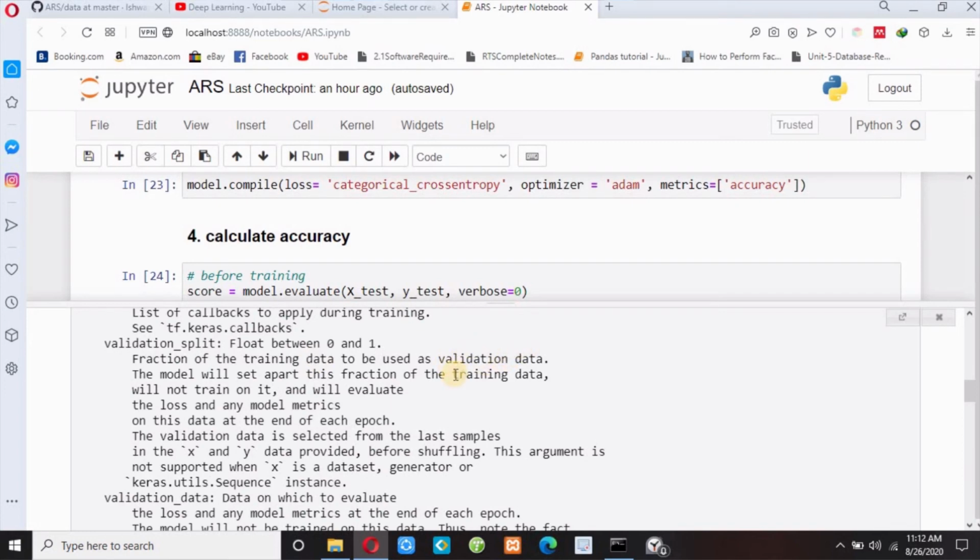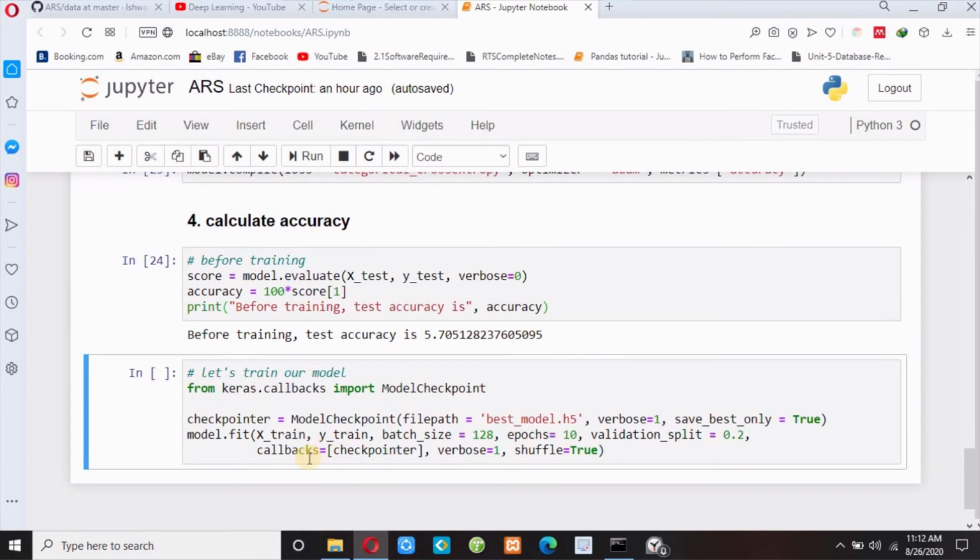So you can pass a very small value like 0.1 or 0.2 as validation split. And then this callbacks equals to checkpointer. Yes, I have already explained about it. And then verbose equals to 1 means progress bar, and then this shuffle equals to true means to change the position of our data. Now guys, let me execute this cell.